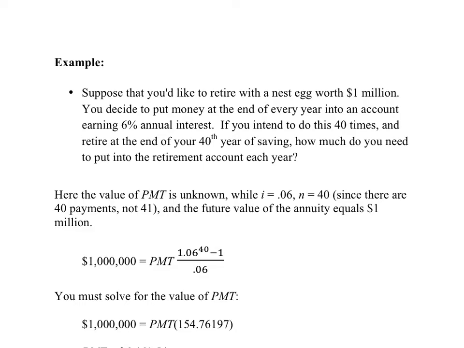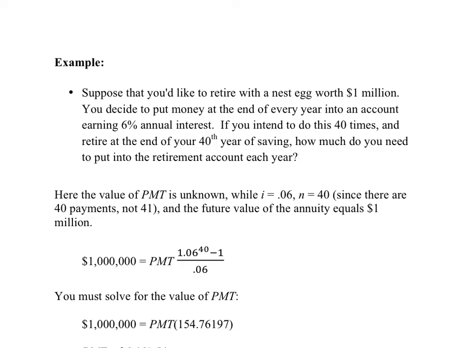Notice that here it is the value of PMT, the payment, that is unknown. We know what the interest rate is. We know the number of payments. It is 40. We're just told this explicitly. And the future value of the annuity equals $1 million. We're told FV and PMT is the unknown that needs to be solved for. So this is simply a job for plugging the known values into their appropriate locations in the future value formula